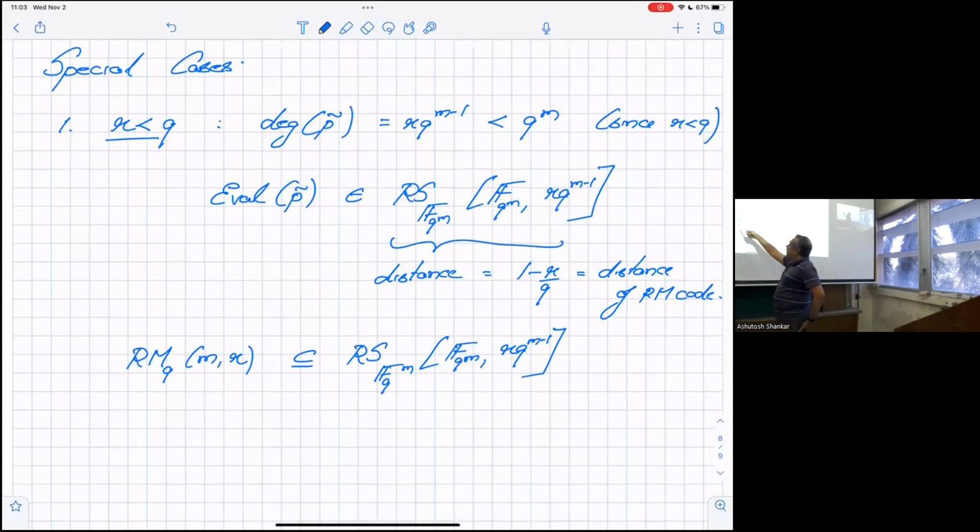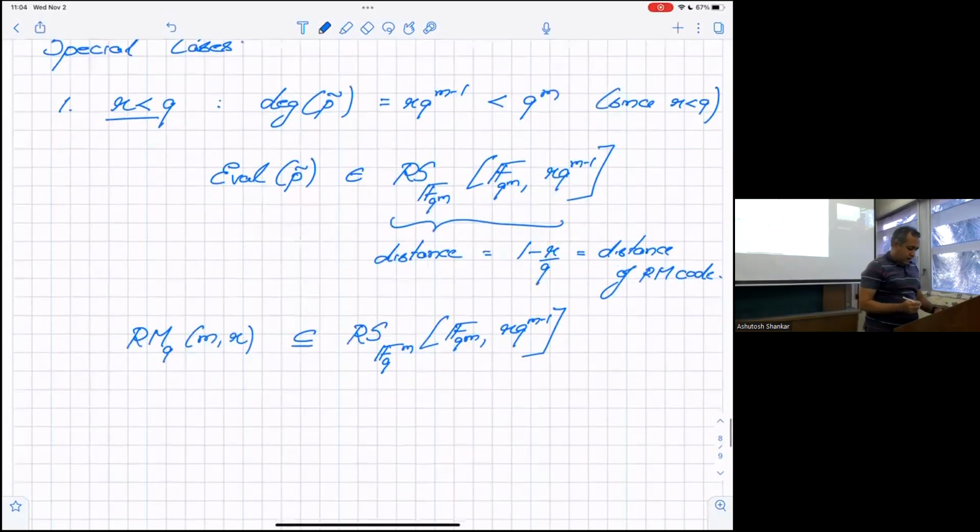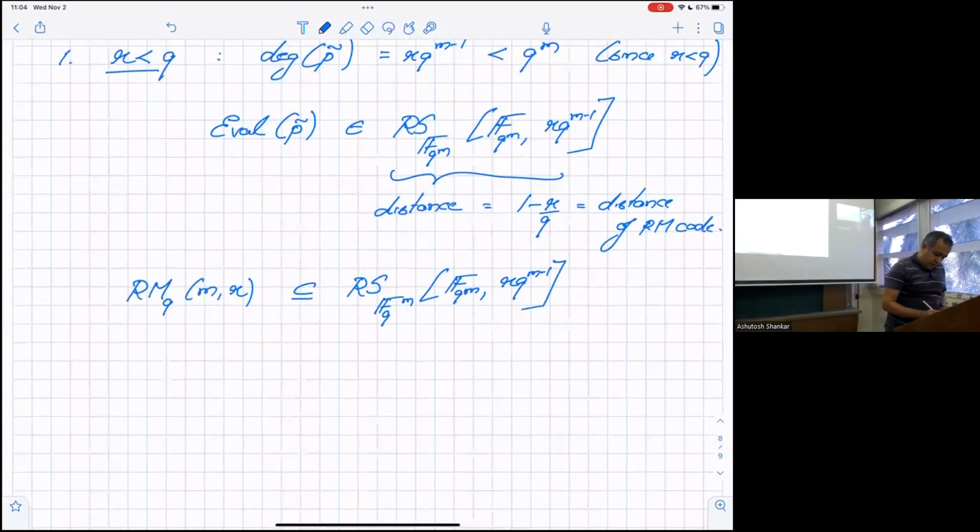Now, any problem over here? Why should I now look at it as a Reed-Muller code? I can just look at it as a Reed-Solomon code, do all the decoding algorithms over here, and then just find out if the final thing looks like a Reed-Muller code, do one interpolation. So this tells you that a Reed-Muller code over the code field is, in fact, a subcode of the Reed-Solomon code. And importantly,